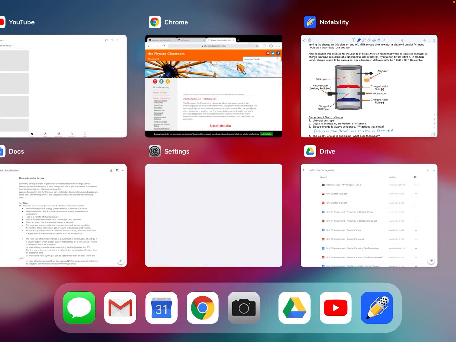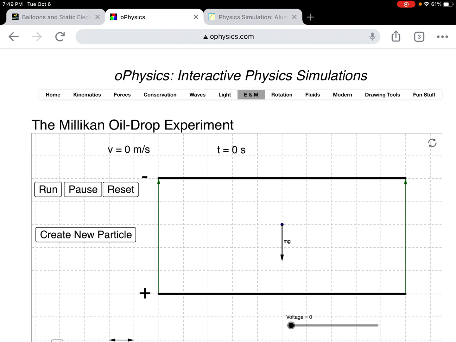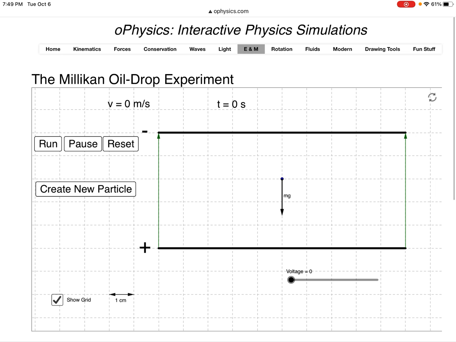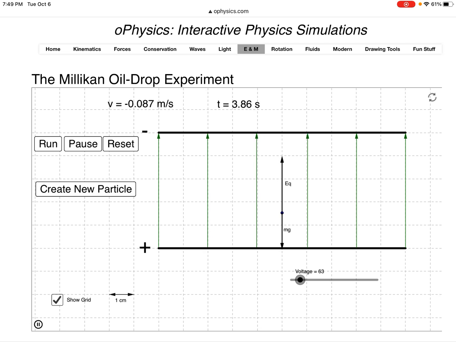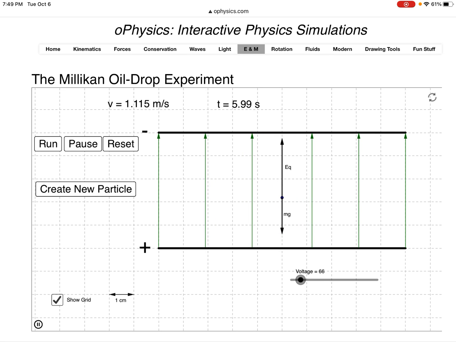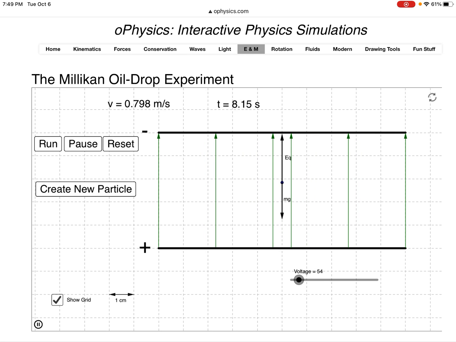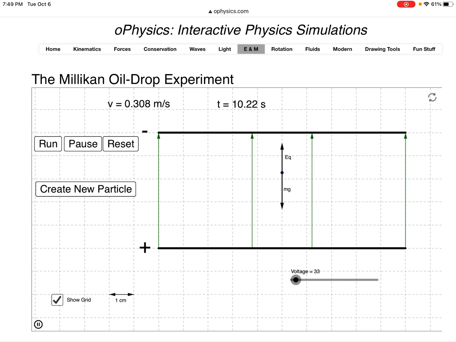Just a little demonstration of this. There's a site called OPhysics, which has some neat simulations. And here we've got a picture of the Millikan oil drop experiment. We've got a drop in the middle of the two plates. And I'm going to hit run. And we see that the droplet starts to fall. So I'm going to increase the voltage and decrease the voltage and increase the voltage until, let's see how close I can get, until I try to get it to just,